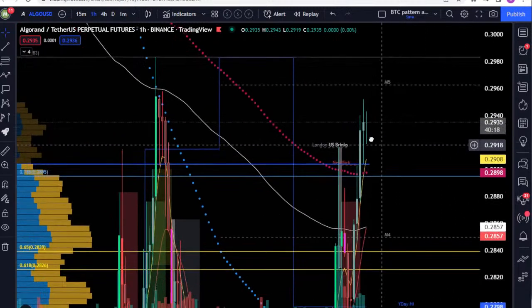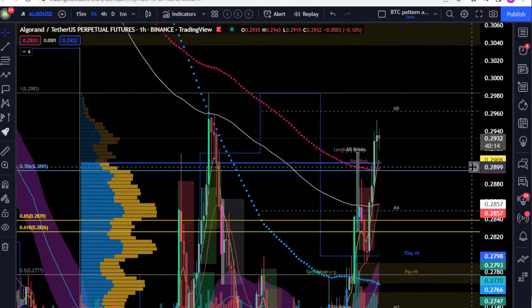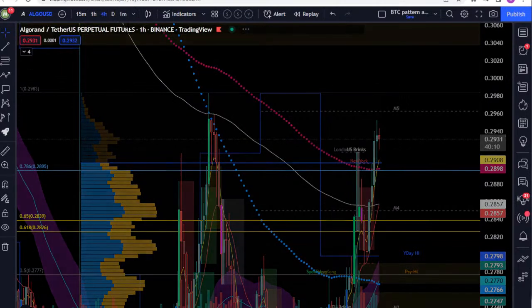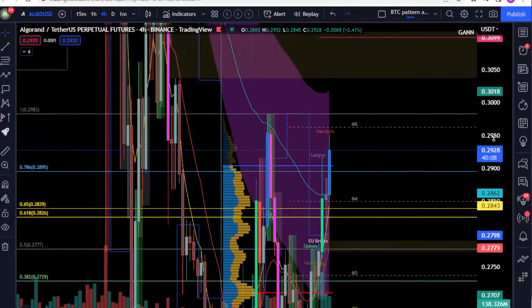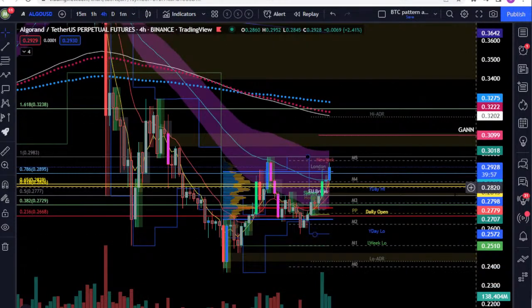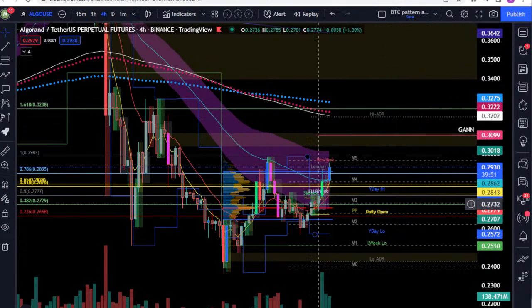Might be. On the hourly, we are above the 200 and the 233 EMA. 200 and 233 are below us. We didn't get a rejection there. On the 4 hourly, we are above the 50. We have our EMAs coming in here at the 1.618 extension level, and if it gets here, then this could either be a beginning of something, a 3-wave move up, then we pull back for a 4th and continue higher,